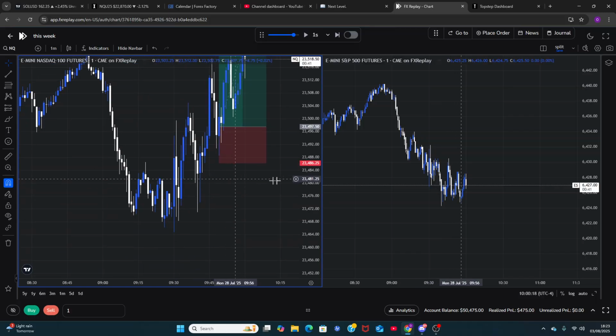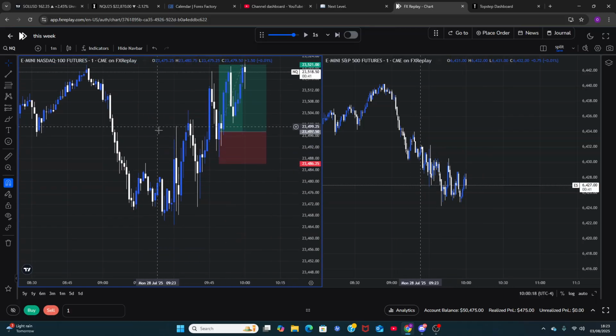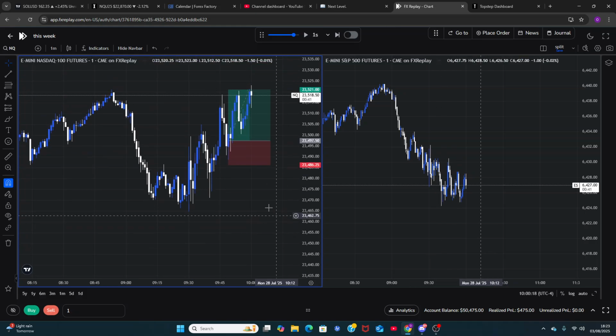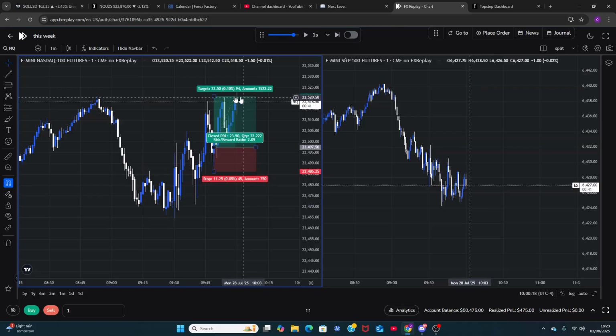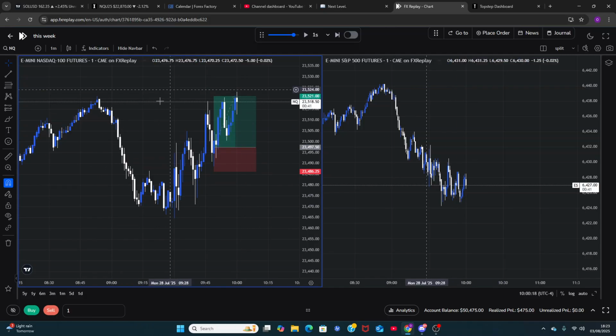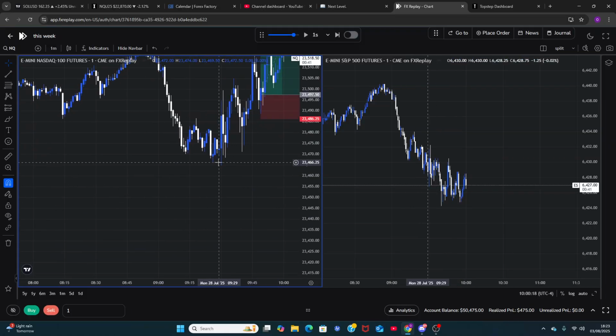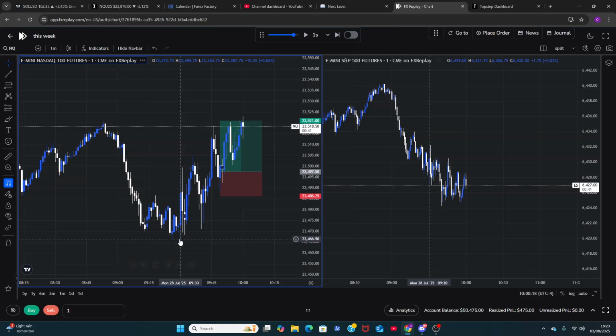But what the problem is with you, you're not understanding manipulation. Where's the manipulation when I trade this chart? Manipulation means a candle or a few candles with a wick specifically is protected. So if I was to show you this chart right now, what's the protected low and what's the protected high? This is my protected low. That's protected. That to me, that's manipulation.